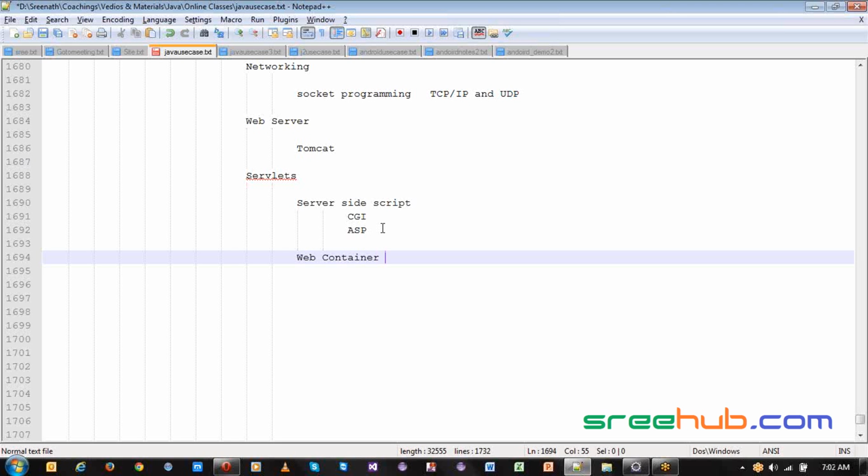This web container is nothing but a bunch of servlets used to render. We'll understand the servlet fundamentals and all the HTTP methods, which is very important again. Then the life cycle of any page which gets rendered in JSP. It's very important to understand the life cycle of a page, both the life cycle methods and the life cycle events being triggered